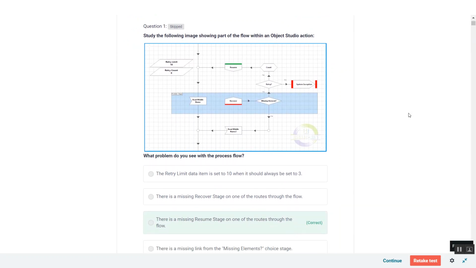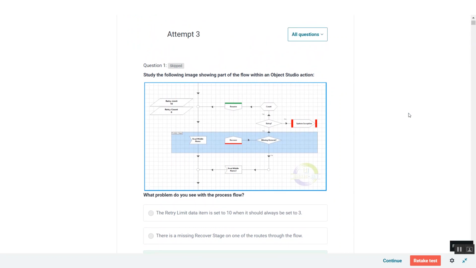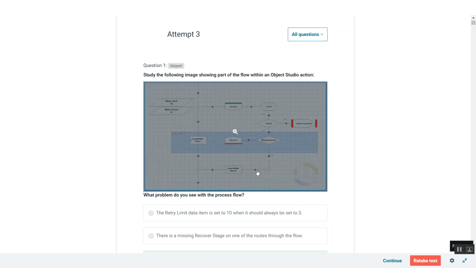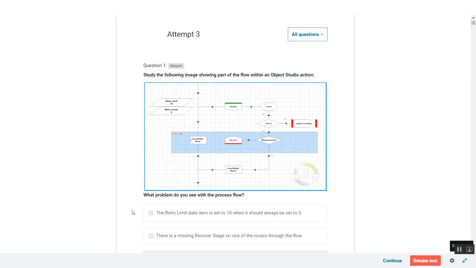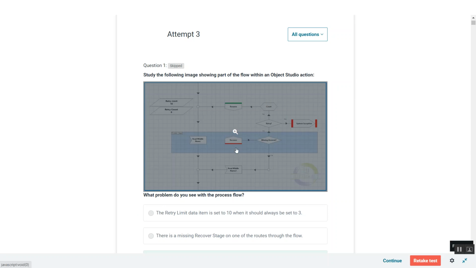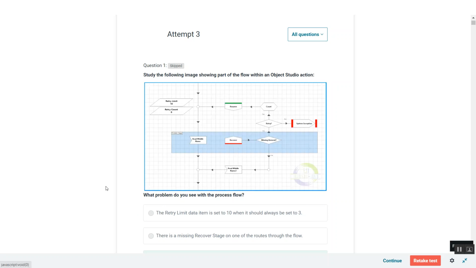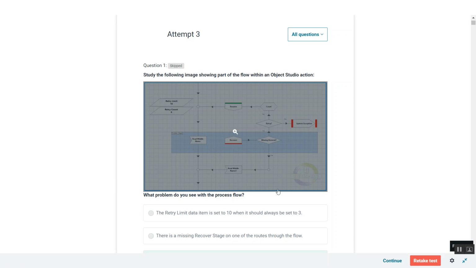So the first question is: study the following image showing part of the flow within an object studio's action. What they are doing is recovering from a block, and if there is a missing element they retry. If there is no missing element, then they read again.